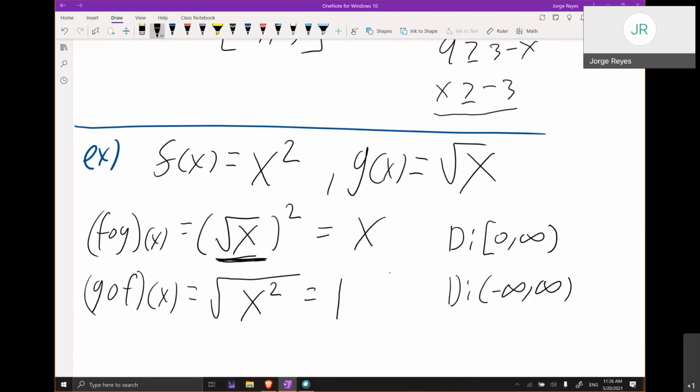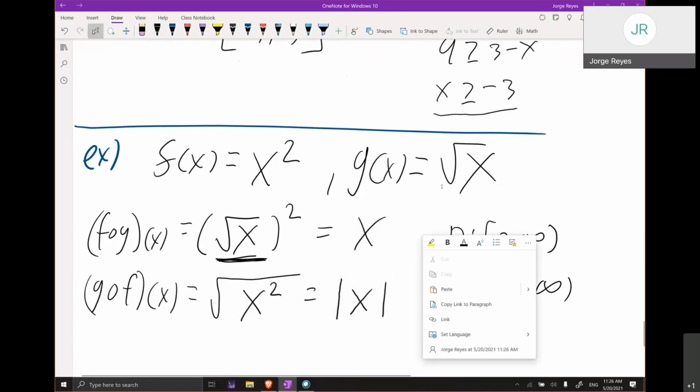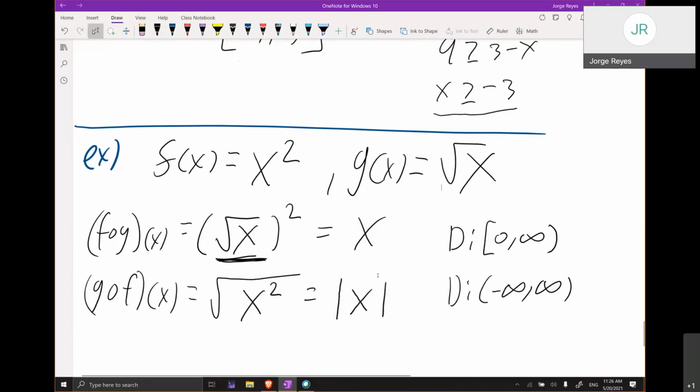And if you remember, on one of the first days of class, I told you this is the definition for the absolute value function. So this combination doesn't cancel out either way. If you do f of g, it looks like it cancels, but you only get half of the domain. And if you do g of f, then you get absolute value of x, you don't get x. But you get the full domain at least. All right, so that's